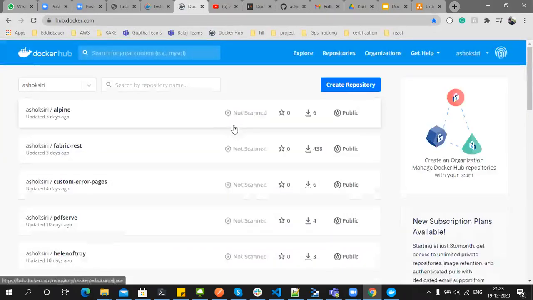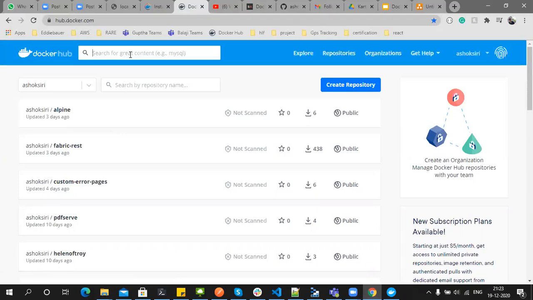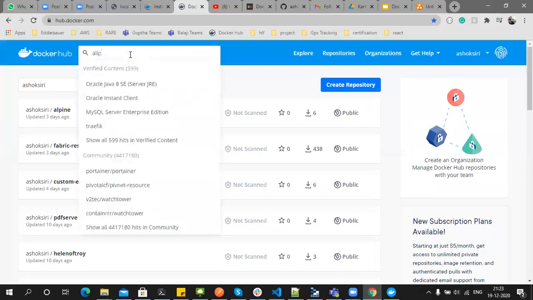I'm going to explain what Docker Hub is. We can see many images here. Without a Docker image, you cannot create your own image. We have the base image of Docker, and we add our own source code to the Docker image. I'll show you the size. Let's go to Alpine.